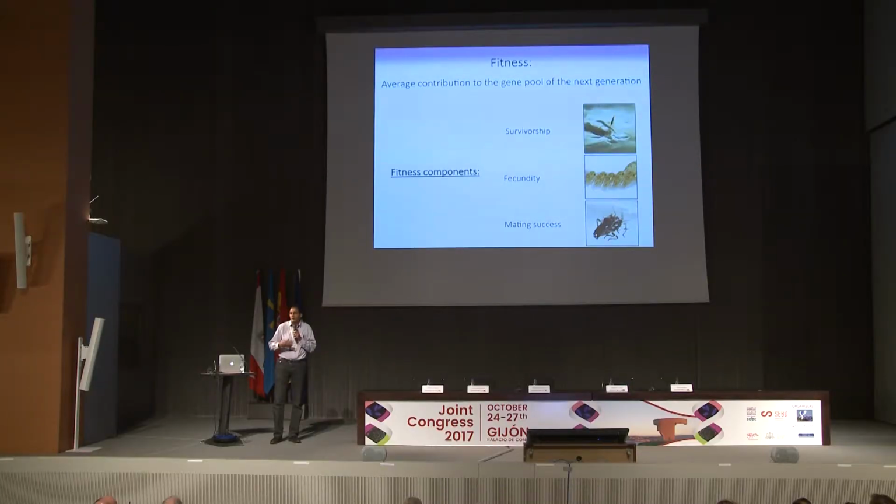These components usually are affected by phenotype in asymmetric ways. For example, certain phenotypes that can be very bad for survivorship can be very good for mating success. And I invite you to go check Isabel Almudi's poster. There is a very striking phenotype that is specific to males that illustrates this example.